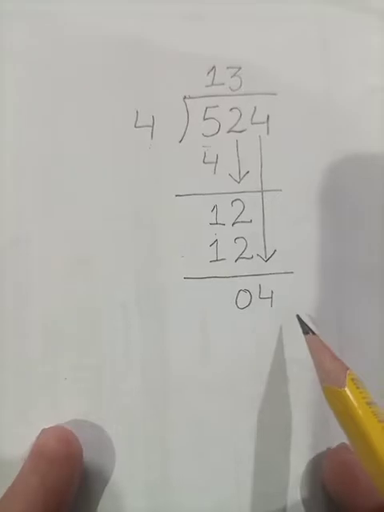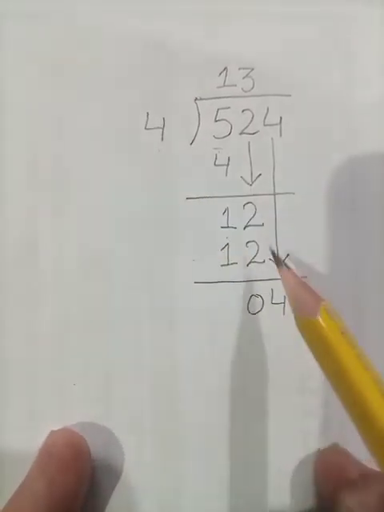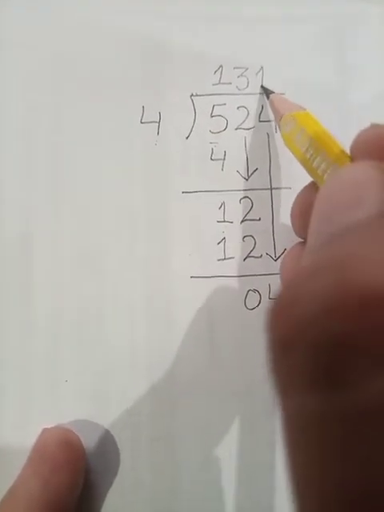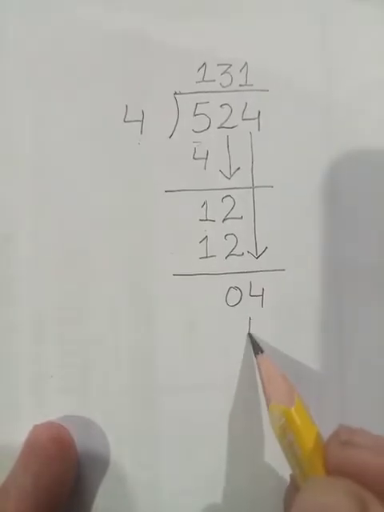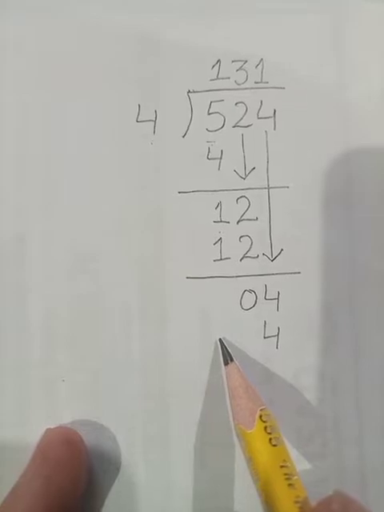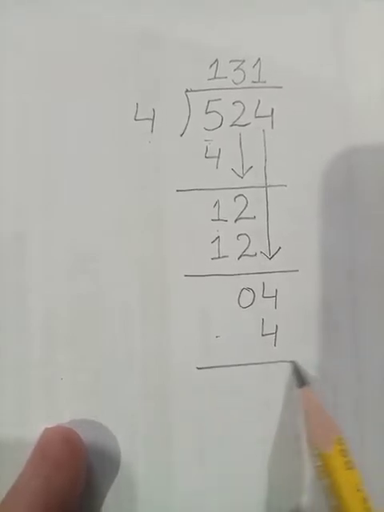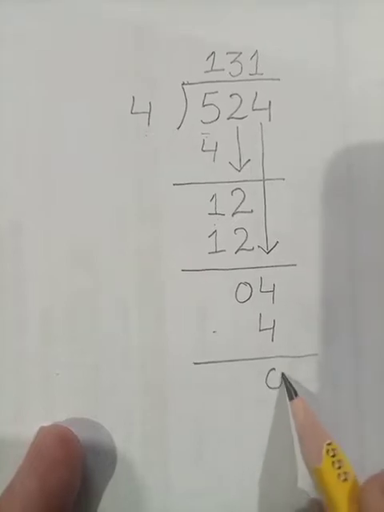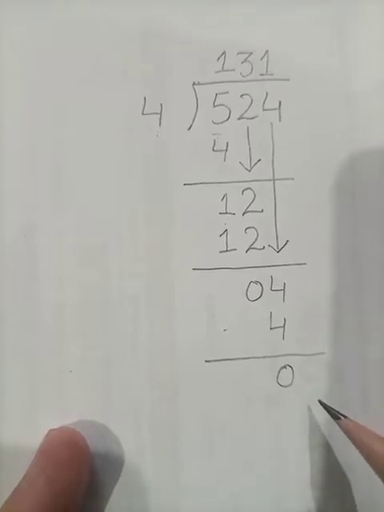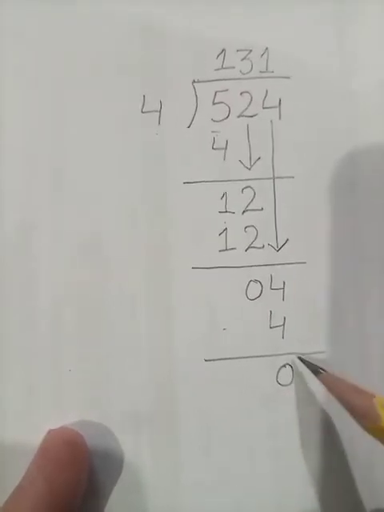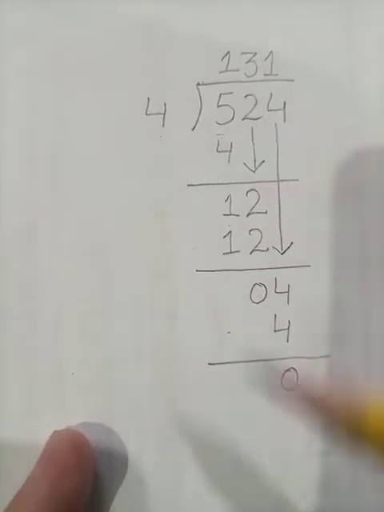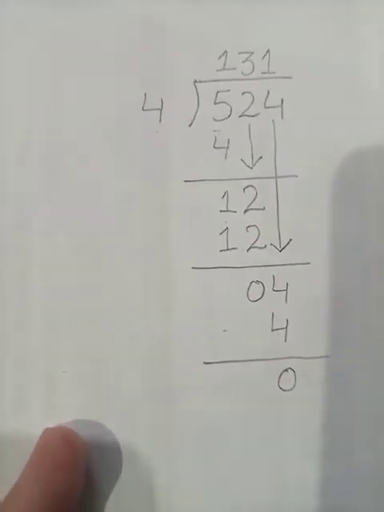So students, this 4 can be divided by our divisor because both of the numbers are the same. So I am writing my quotient here. 4 ones are 4. And you know the answer, that now the next step is subtraction. By subtracting these two numbers, I'll get the remainder 0. Look students, we have solved our question without any remainder in the last. Okay students, in this, 0 is our remainder, 131 is our quotient. Look, we have solved by converting the hundreds.